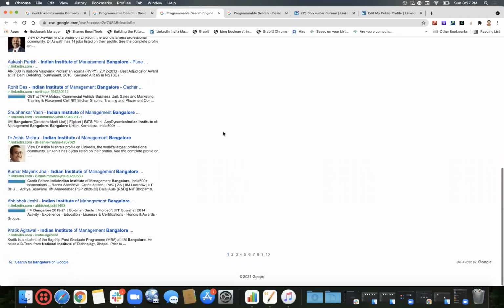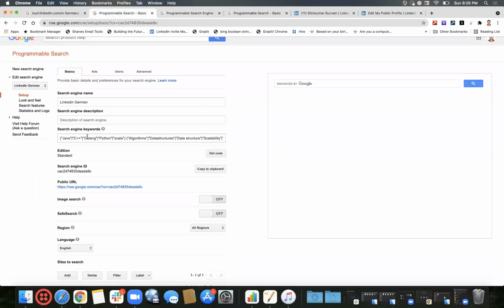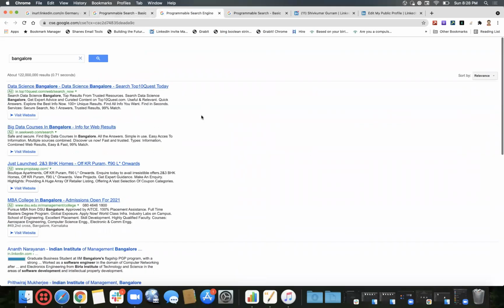Any questions on this? So if you see, whatever keywords we mentioned in the backend, only those keywords have been targeted. And we are just searching with Bangalore. But in the backend, we gave the most relevant keywords which are relevant to the software development engineer. And that's where we see those similar profiles.